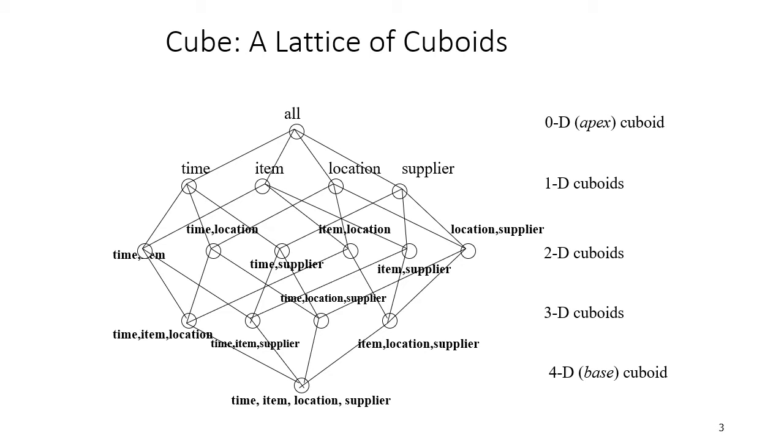At the bottom layer is a 4-D base cuboid which contains 4 dimensions. As you keep on moving towards the upper levels, the level of summarization keeps improving, and at the topmost level you find that there is only a single cuboid which contains the top level summarization, which is also known as the apex cuboid.